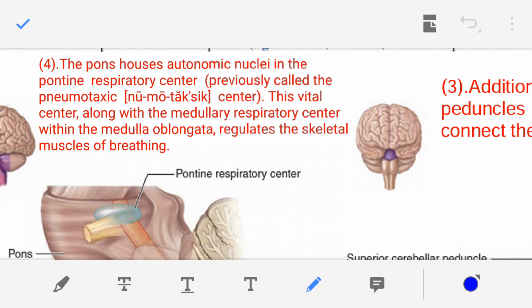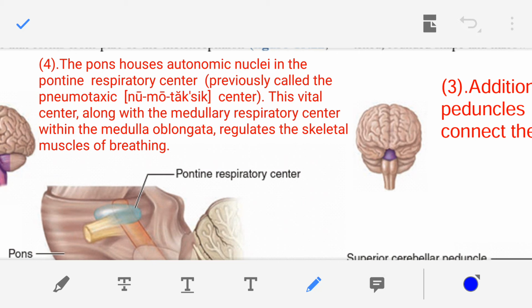The pons houses autonomic nuclei in the pontine respiratory center. So in the pontine respiratory center, autonomic nuclei are present, and this pontine respiratory center